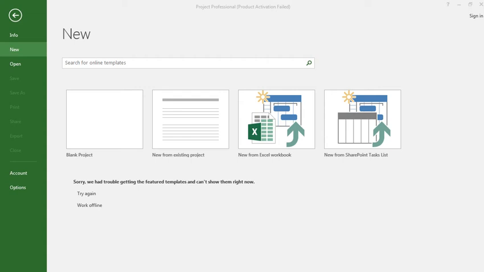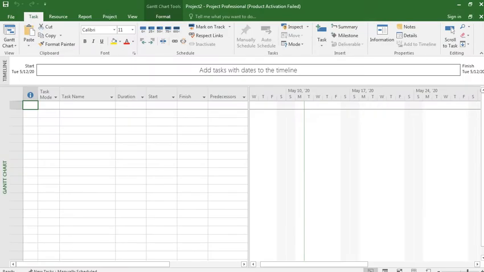What is that? So go to new and blank project, and here we take a simple example. Classroom.